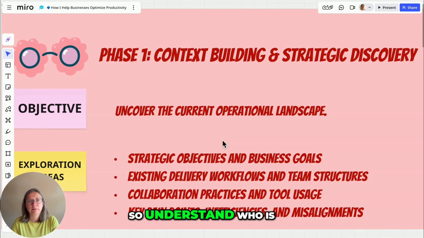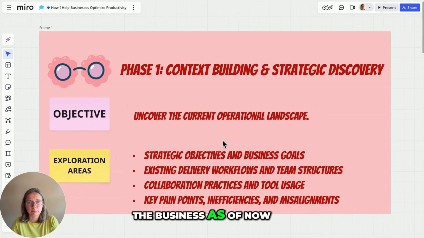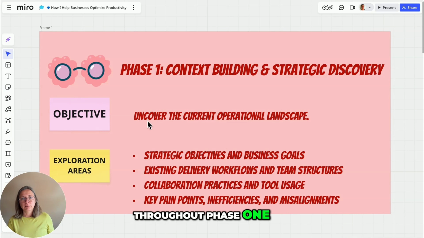So understand who the customer is, understand what type of product they have, understand what type of services they offer, understand what the structure of the teams within the business is, understand how the work is usually flowing through the business as of now, and so on. So throughout phase 1, the main